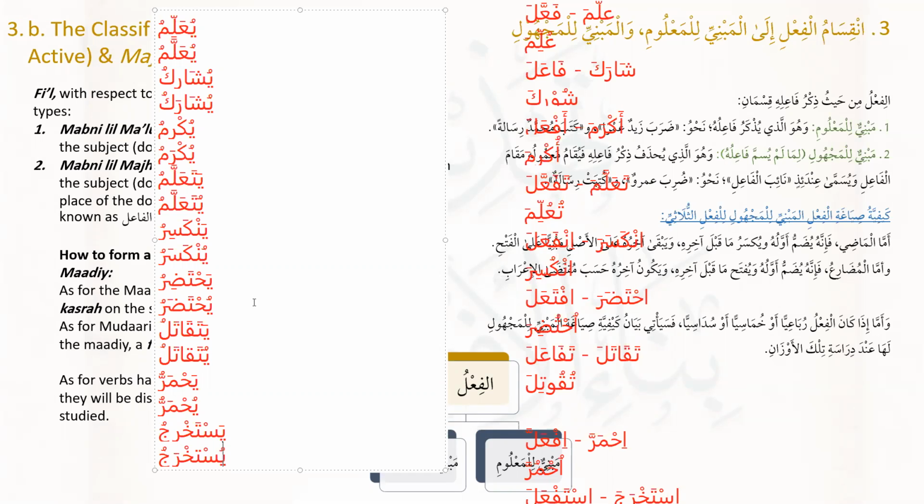Now, inshallah, when we'll be studying each of these abwab in detail with their meanings and their usages in the Arabic language, then I will ask you this question. Okay, we are studying this bab. What is the mabni al-majhul of this? What is the mabni al-ma'lum of this and this fi'l? We can give you a number of examples, we can say istakhraja, we can say ista'lama, we can say istafsara, and then you will have to take out the mabni al-majhul of those examples. But for now, ya ikhwan,